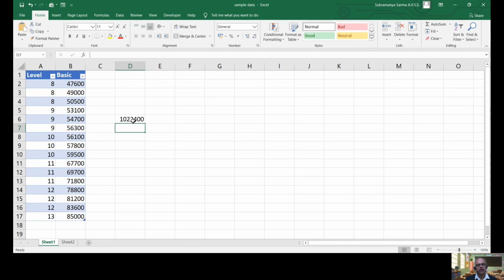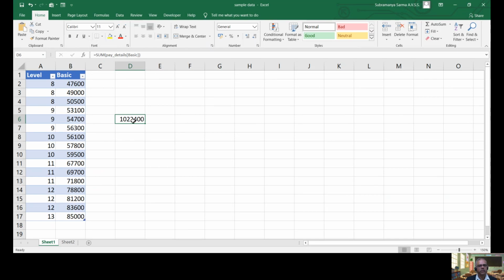See, if it is not converted into a table, we have to give cell references. But the advantage once we convert the data into a table is that thereafter you can refer to the table name and column names in any formula directly. There is no need to give cell references, right? Using table names or column names is very, very easy.